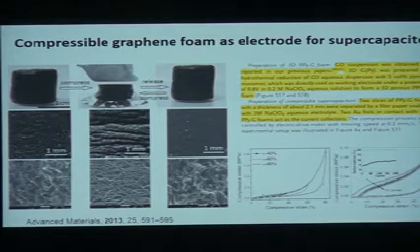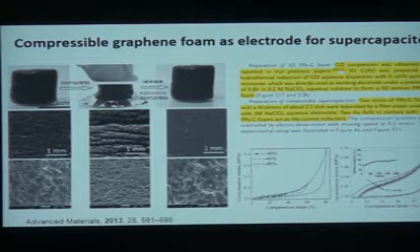Now the next example is compressible foam-like structures. Have you heard of aerogels? Right? So like graphene oxide, people try freeze drying to make them into a foam-like structure. Or you can take a foam itself and convert it into a carbon-based material or functionalize it with something. Some people take nickel foam as a support material, or carbon foam, which are compressible, and on that surface they will functionalize it with some active material.